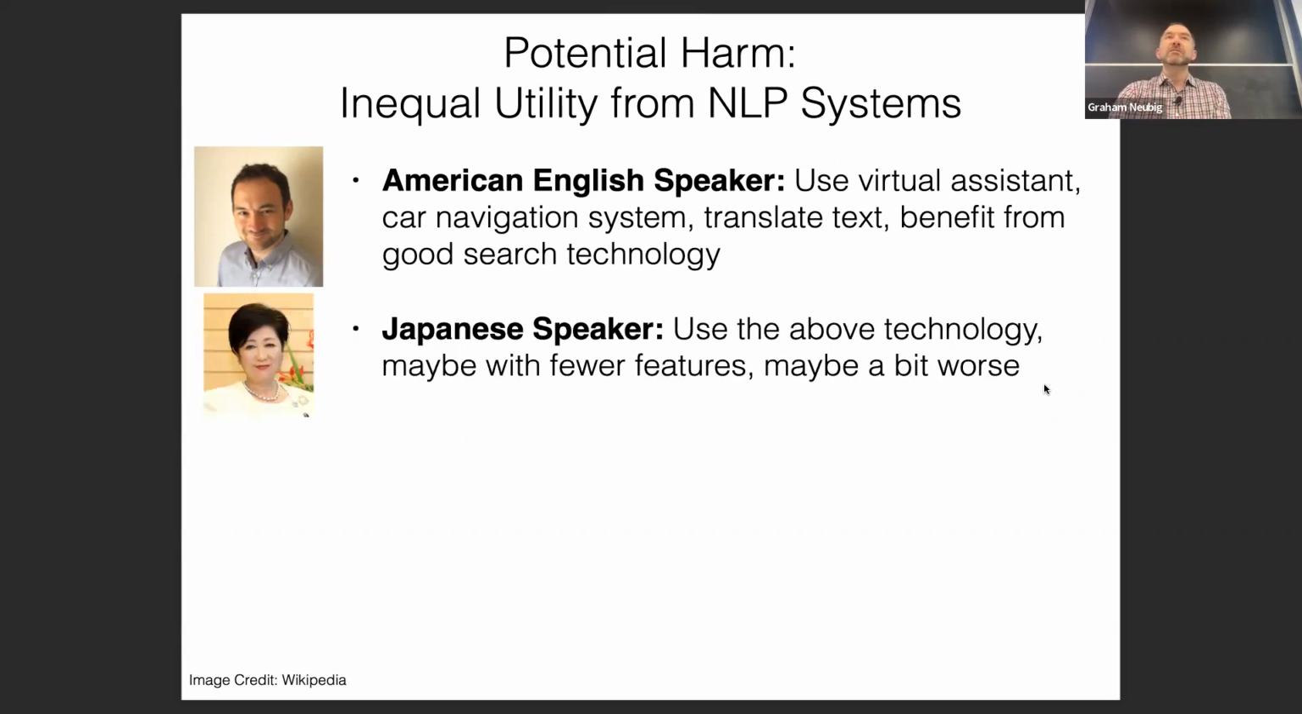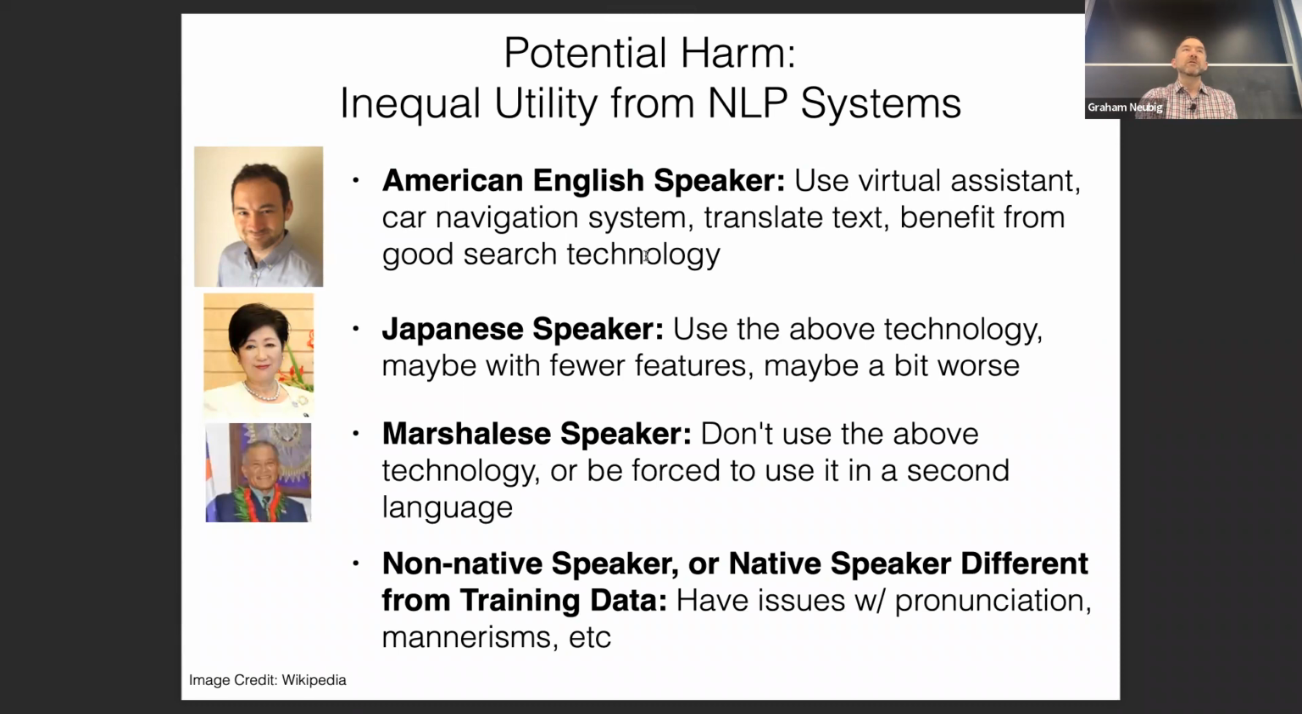However, if you think about somebody who speaks Japanese, they might use the above technology, maybe with fewer features, maybe a bit worse. If you think of somebody who speaks Marshallese, which is a much less widely spoken language from the Marshall Islands, they either don't use the above technology or they're forced to use it in a second language. And if you're using it in a second language and you're a non-native speaker, or even a native speaker different from the training data, you can have issues with pronunciation, mannerisms, etc. So to give some examples,